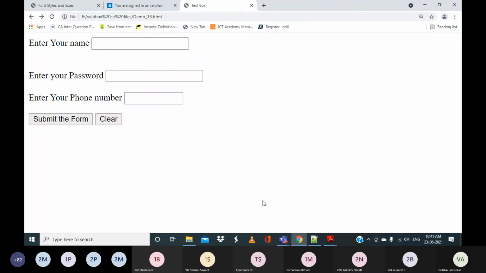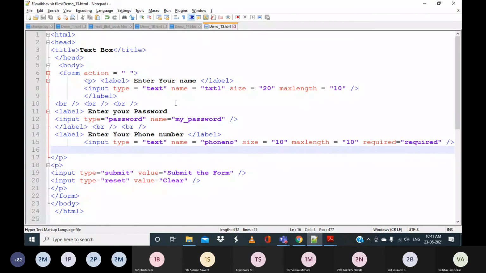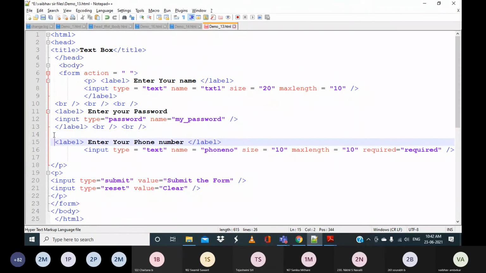Are you getting it, everyone? Whenever you want to create these text boxes or password inputs, I mean, sorry, not button, input type, like password or text area or something of this kind, you can do it in two ways. One, you use the label, specify the information, then use the input tag and close this input tag like this.